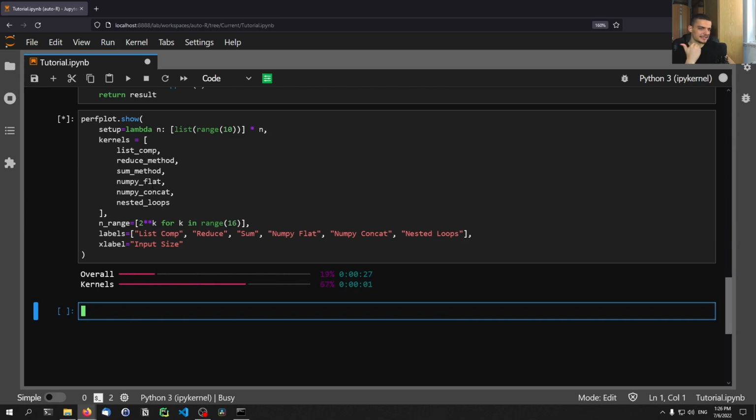And this basically now again runs with this input size. It basically creates the list of that structure with a different n. The n is determined by that n range function. So we pass that n range, whatever we get here in the iterations, to the setup to create the individual lists. And then we take those lists and feed them through the individual functions. The PerfPlot environment then waits and sees how long it takes, and then it plots the graph based on the